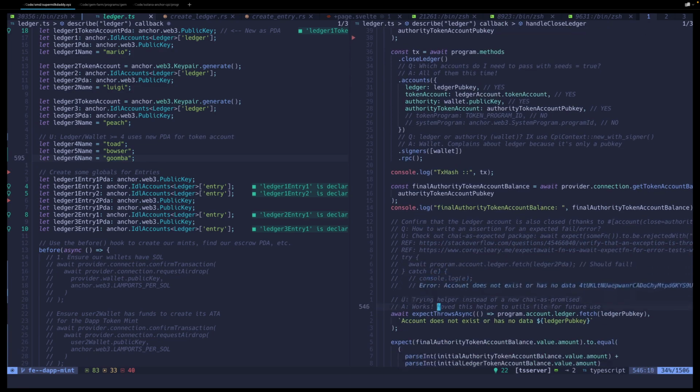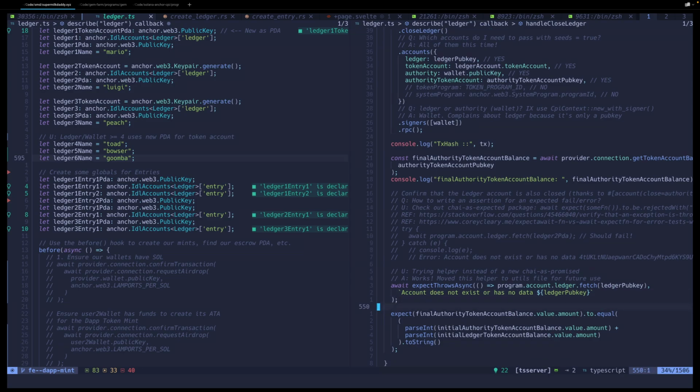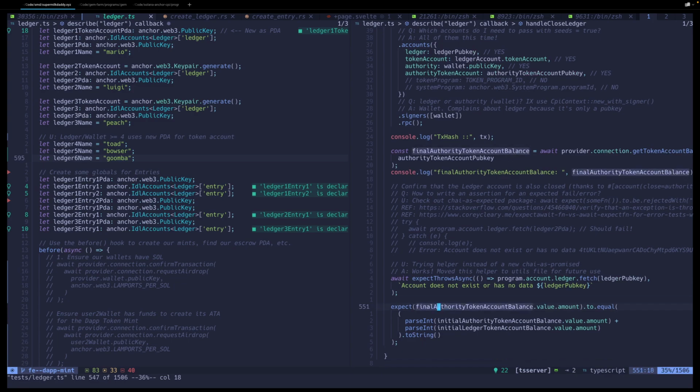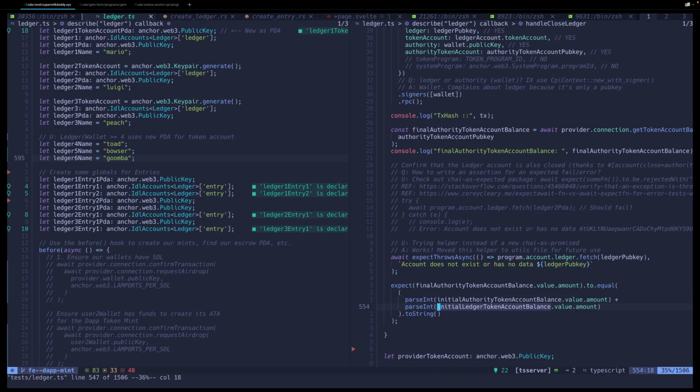And when we grab the final, and this is a test from the past, essentially we're checking that the ledger is truly closed, which is what this handy helper does for us, because we know that it's going to error. And then we check that our final balance is equal to whatever our token authority's token account balance was before we did the close instruction, and then it grabs all the tokens that were initially in the ledger's token account balance and adds them back,